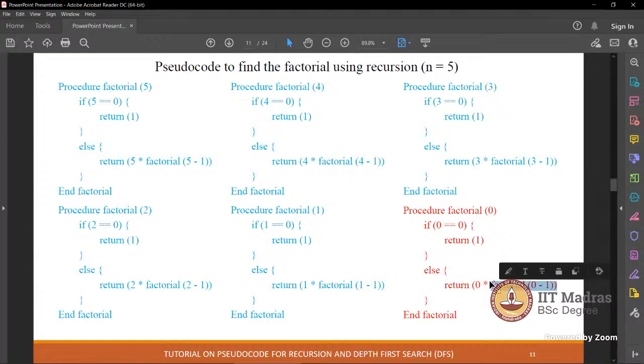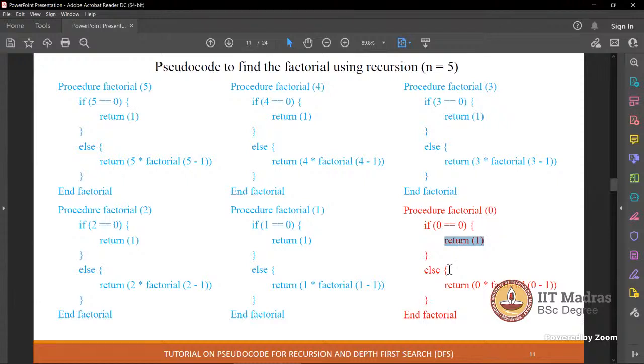Okay, but in this case, as I said, this condition holds true, right? Then why are you bothered about this part? It will never execute. The else part doesn't matter. You write whatever garbage code you want here, it will not matter. This condition holds true, you just go back and return 1. End of this procedure.